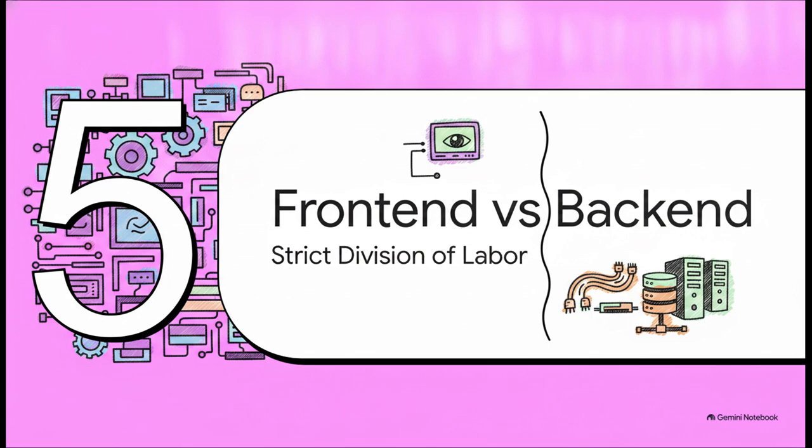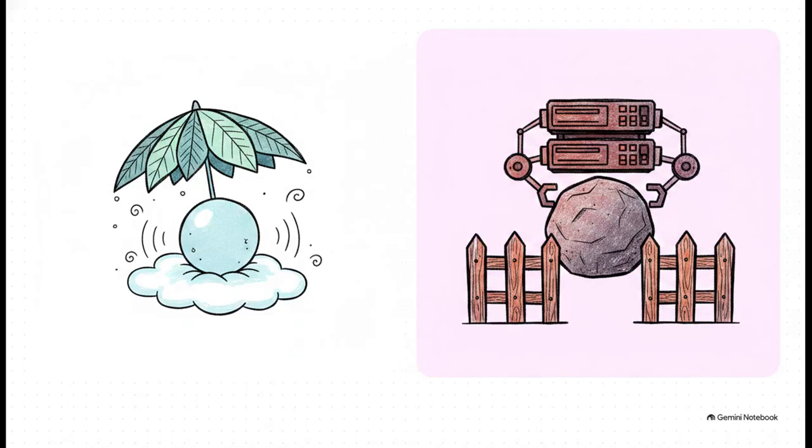Section 5. Front-end versus back-end labor. Now, obviously, managing such a highly sensitive, closed-loop system requires immense processing power, and that leads to a strict division of labor. On the front end, we have Stella Maris. This local circuit's only job is to manage the sensitive preoptic baseline, keeping it tender, cool, and safe in the shade. Then, on the back end, we have Stella Maris, which acts as the running TPU, the tensor processing unit.